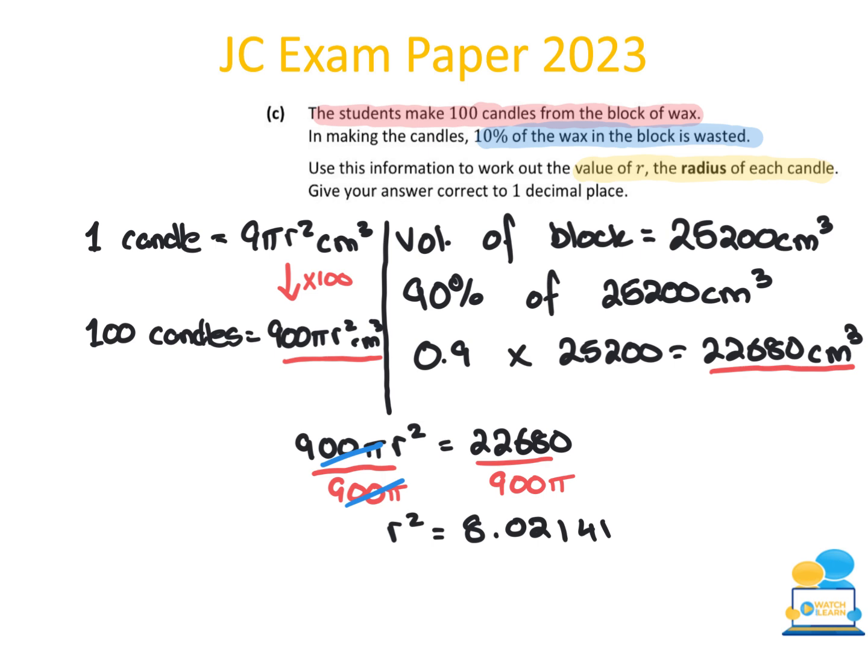I don't want r squared, I want r. So to remove my square, I'm going to do the square root on both sides. So I'm going to square root the left and square root the right. That will finally leave me with just r on the left. And once again, inputting into your calculator the square root of 8.02141, it gives me an answer of